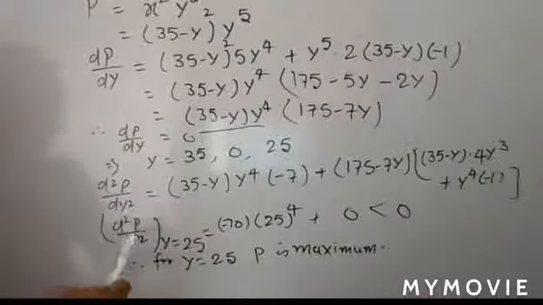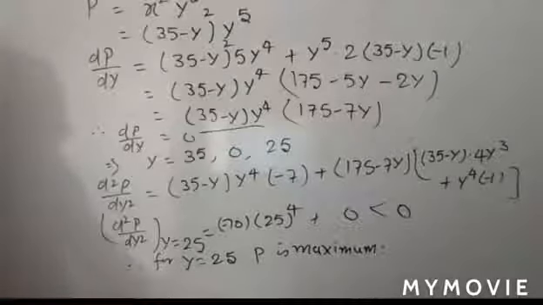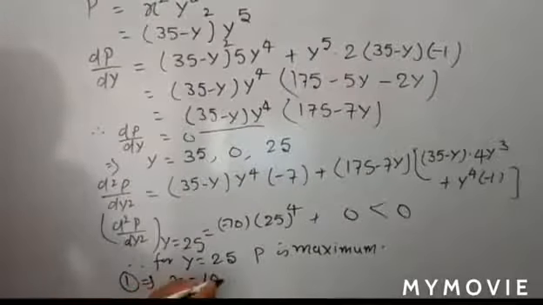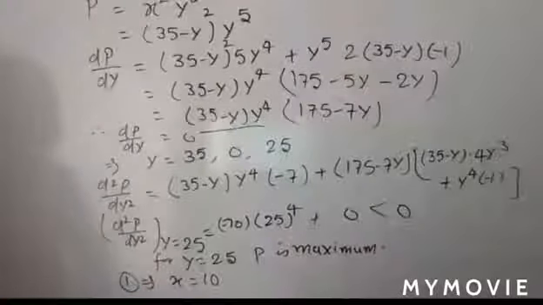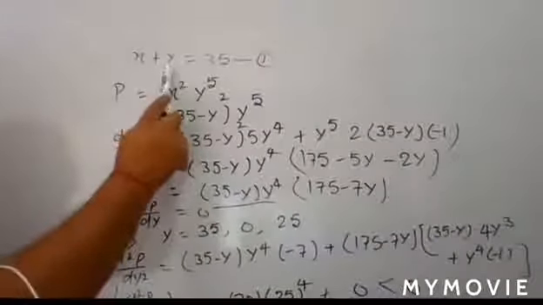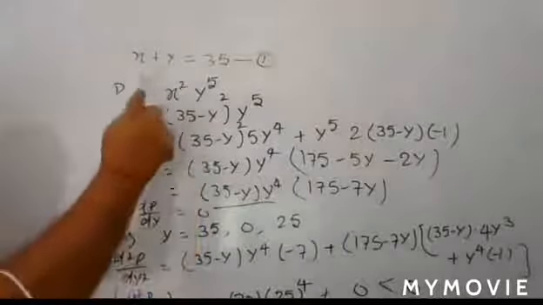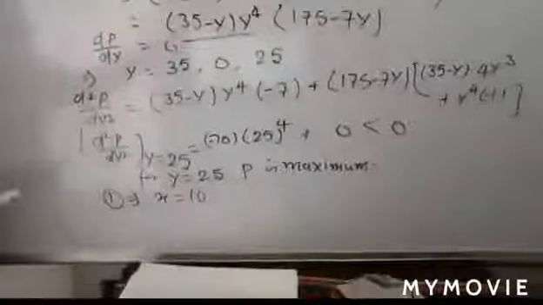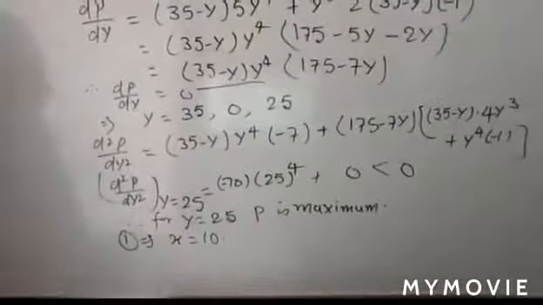So what about x? So you're putting that value in equation 1. So first implies the value of x is equal to 10. Understand? So here you see that, yes, your first equation is this one, x plus y is equal to 35. So if you're putting here y is equal to 25, here you are getting x is equal to 10. So your final answer is x is equal to 10 and y is equal to 25.